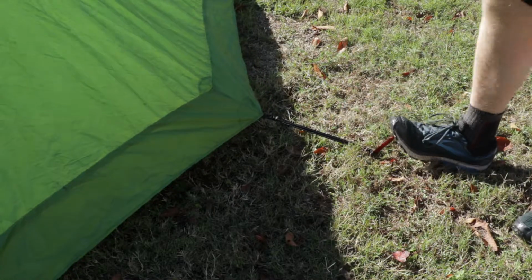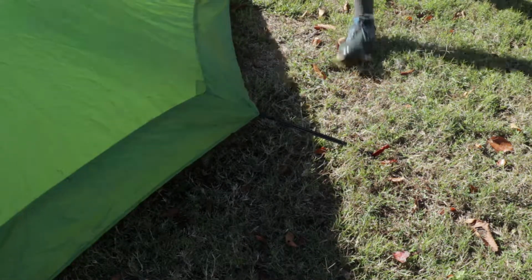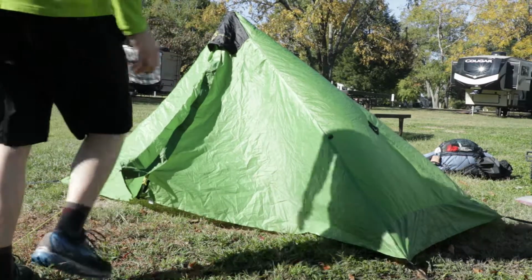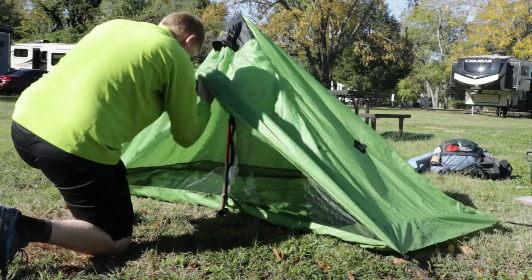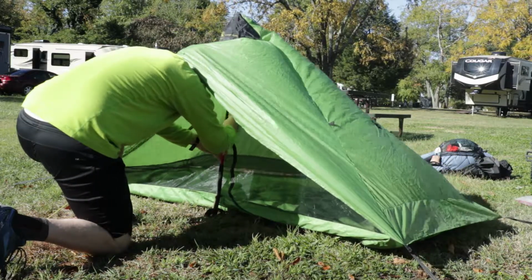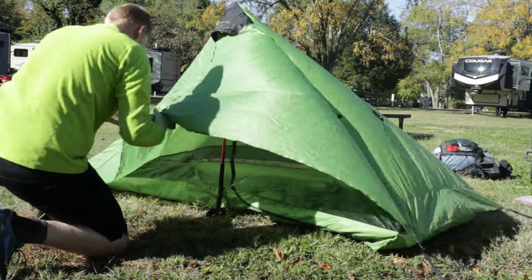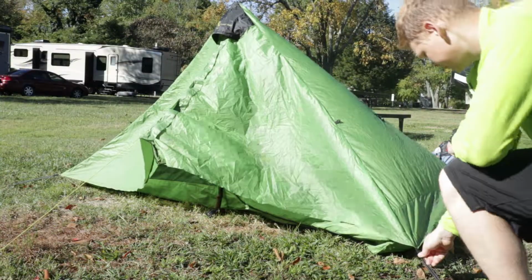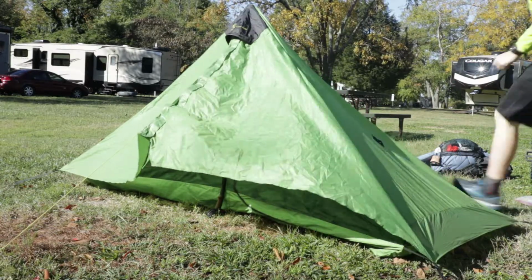Let's see. What else we got? As far as materials go, the sil nylon on the body of the tent is a 20D material, a medium lightweight sil nylon thickness. And the bathtub is a 40D, an improvement in durability, but you sacrifice a little bit of weight. It really isn't a factor so much because the entire tent, my model seam taped and everything,